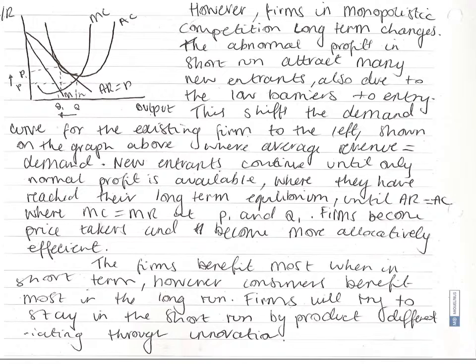Now we have the long run graph here. We've got the normal profits being made. However, for firms in monopolistic competition, the long run changes things: the abnormal profits in the short run attract many new entrants, also due to the low barriers to entry. This shifts the demand curve for the existing firm to the left, shown in the graph, where the average revenue equals the demand. New entrants continue until only normal profit is available,